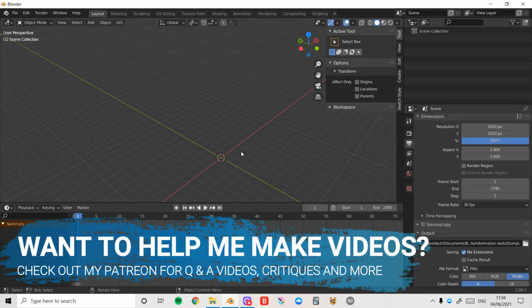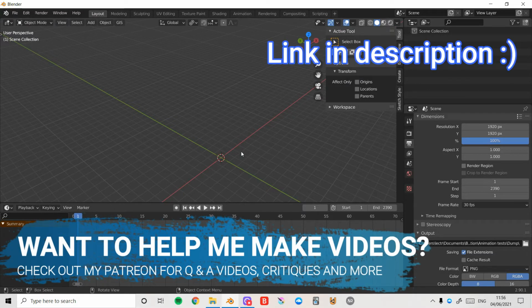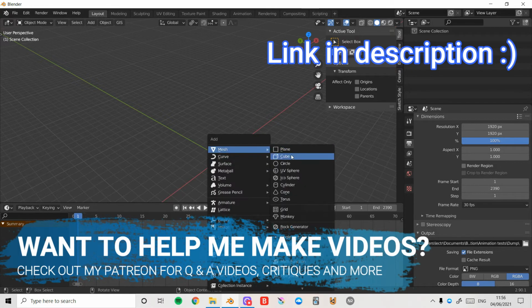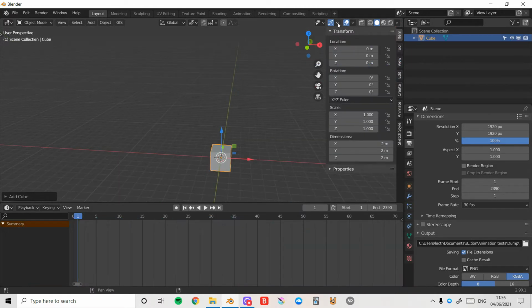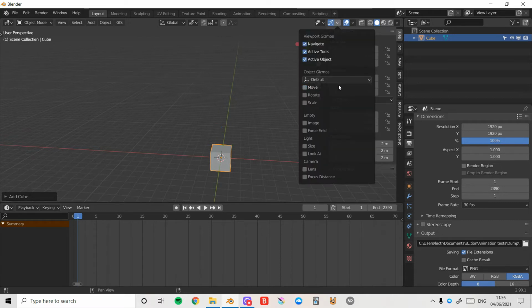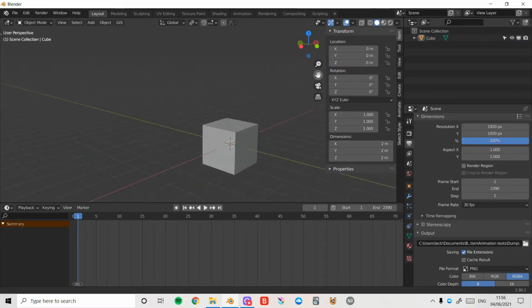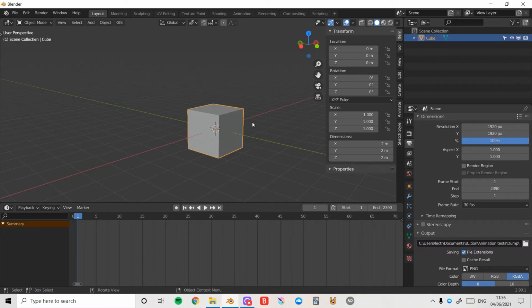Great, so now I've opened up Blender. If you don't have it, the download link's in the description. I'm going to go ahead and press Shift A on the keyboard, and I'm going to click Cube. I'm also going to turn off this gizmo, so I'll just click this drop down to remove, and I can see my cube clearly. I'm going to zoom in and move down, and now I'm going to create a basic